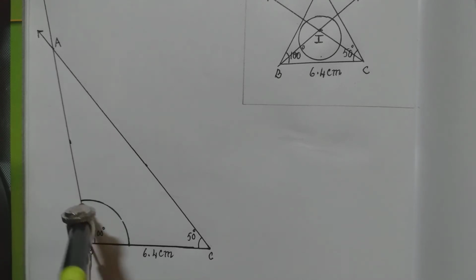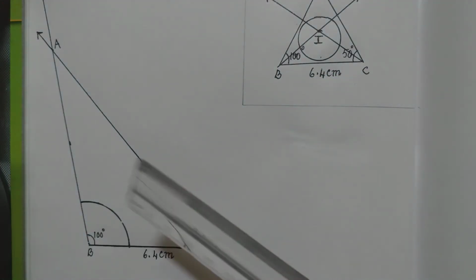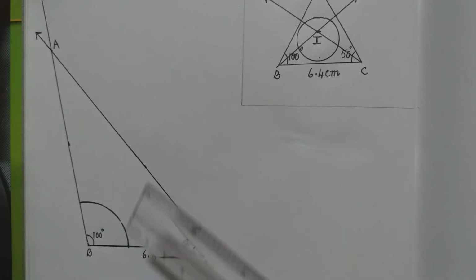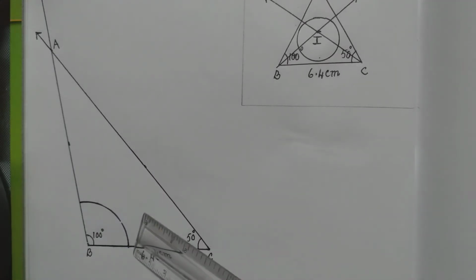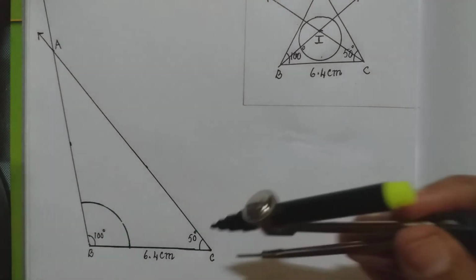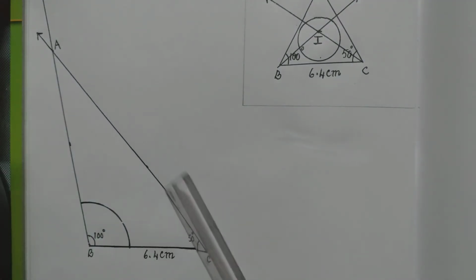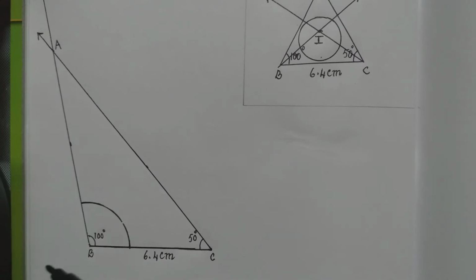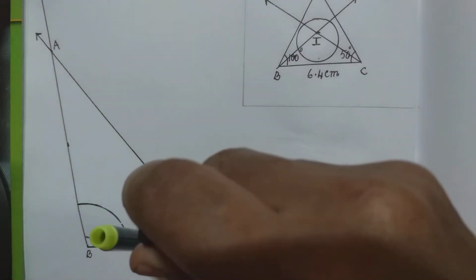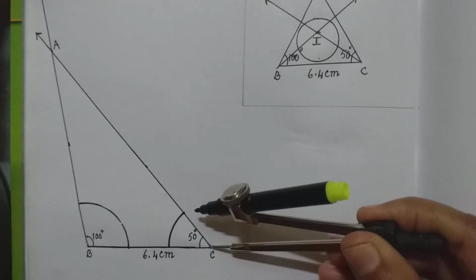So this arm is one. You have here this arm of angle B and this arm of angle B. This part of the circle which I have drawn should touch both the arms of this angle. Same thing I will do at C. We have these two arms which form the angle C. So I will draw a small part of the circle such that it touches the two arms of the angle.